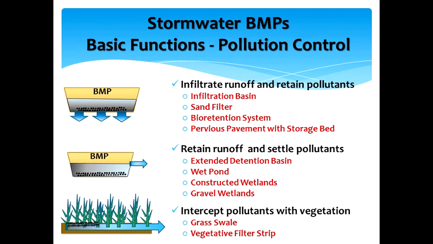mechanism. The third way to remove pollutants from runoff is by allowing it to flow through a vegetated area. Pollutants are either filtered out by physical contact or taken up by the plants through their roots. Examples of BMPs that use vegetative uptake or filtering include vegetative filter strips and grass swales. Subsurface gravel wetlands also use vegetative uptake in part to remove pollutants from stormwater runoff. An additional biochemical reaction also takes place within the confines of the subsurface gravel bed to remove nitrogen from the